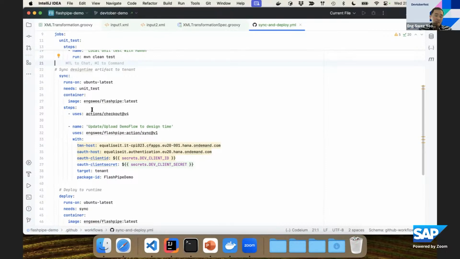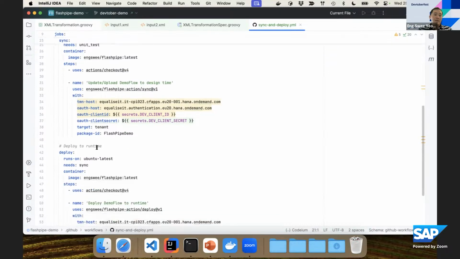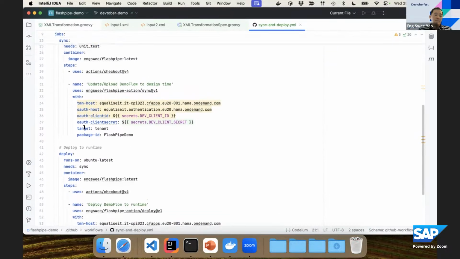As I mentioned, it is using GitHub Action, so it has a companion action which allows you to easily use the sync command, providing the details of the host, the tenant, the credentials, and then which target it is syncing to the tenant and is syncing to this